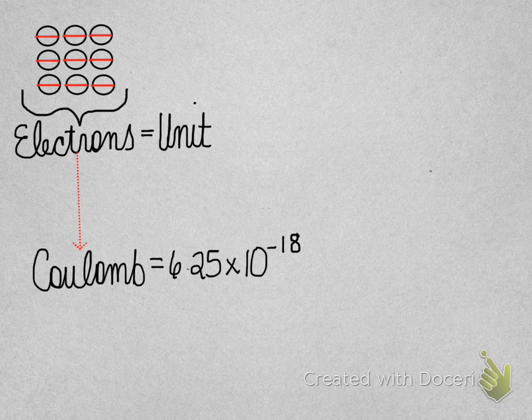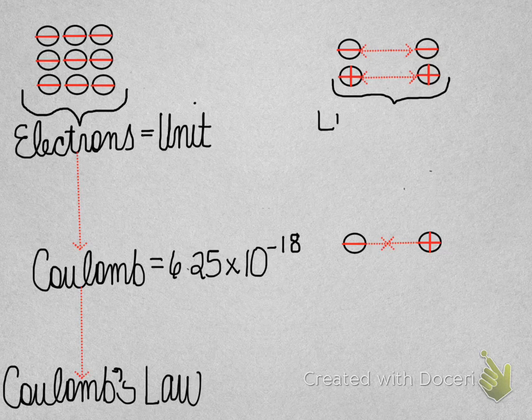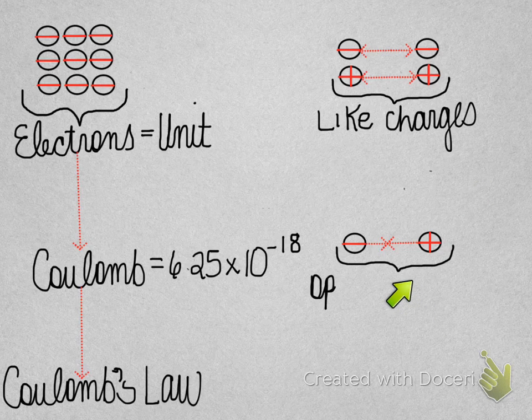And so with this coulomb comes something more specific, which we call Coulomb's law, right? Of course, there's always a law associated with anything electrical. And so Coulomb's law basically says what we already know, and that is that like charges tend to repel one another, and that opposite charges, right, on the other end of that spectrum, tend to what? Like one another, right? So in essence, like charges are going to repel, opposite charges are going to